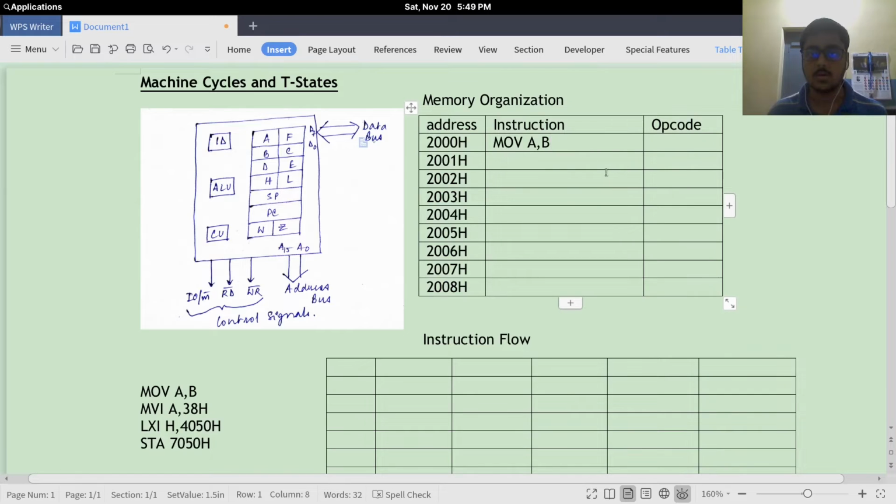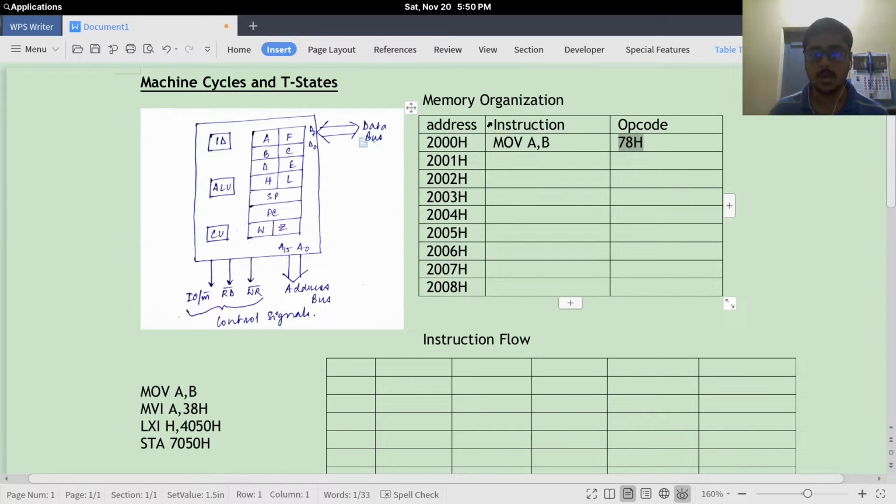This is a 1 byte instruction, and the opcode for this instruction is 78H. So in the memory location 2000H, 78H will be stored.